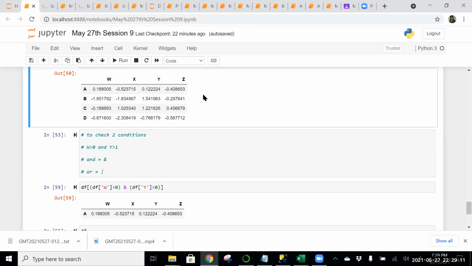So the condition is W less than 0 and Y more than 0. You can write the condition, so just don't get confused. So B and C. B and C you will get. Got it? The idea? Got it.